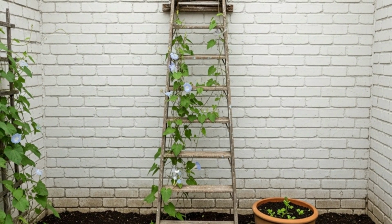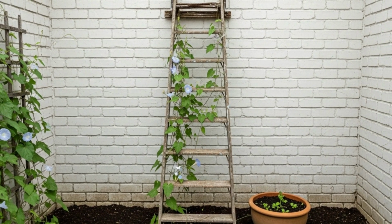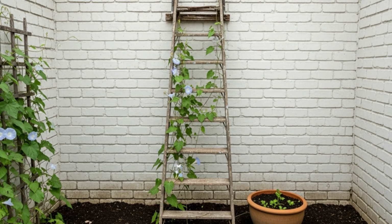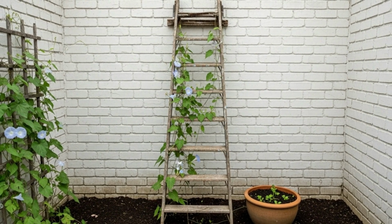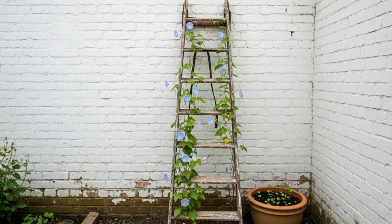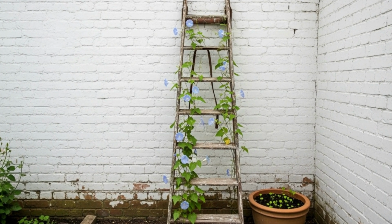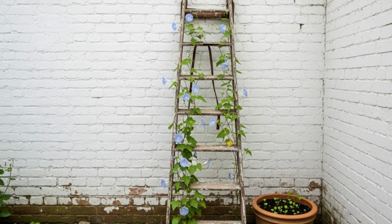A broken ladder has been lashed sideways with rope and care, turned into a floating shelf for potted herbs. Rosemary, mint, and thyme sit proud in their humble containers, each guided gently upward by twine tied to their stems. The setup is simple, familiar, the kind of thing anyone could try with a bit of string and a bit